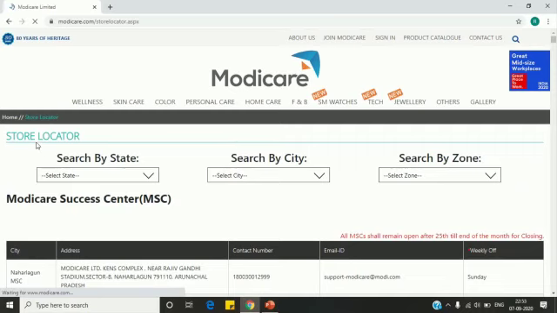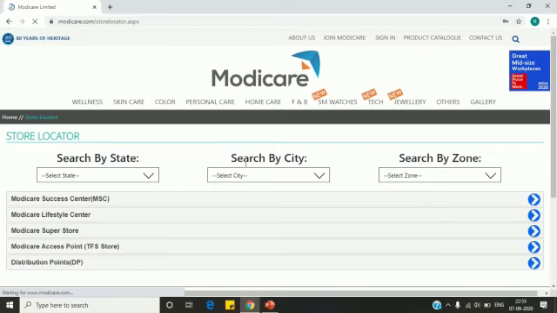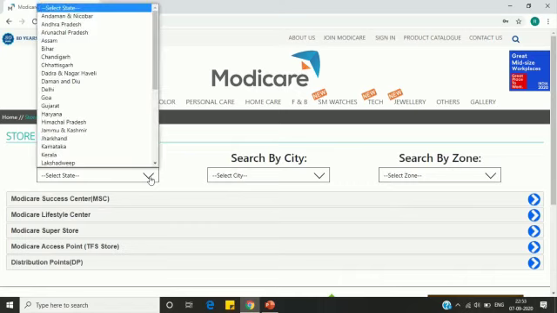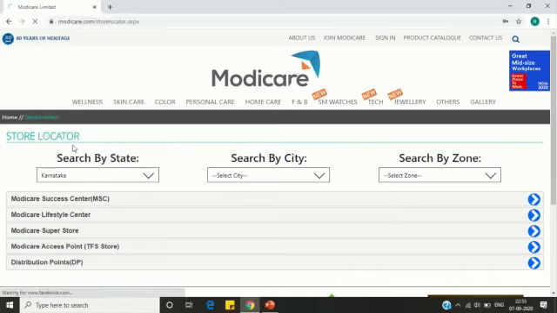Now under Store Locator, there are three options: search by state, search by city, and search by zone. You cannot select all three at the same time. So please note, you can search either by state, or by city, or by zone. For example, if I want to see the DPs of Karnataka, just click here, select Karnataka, and